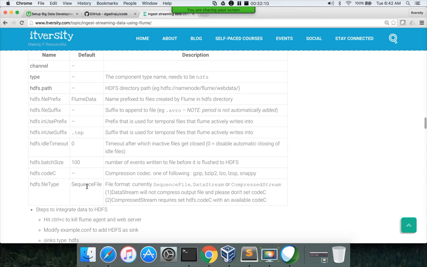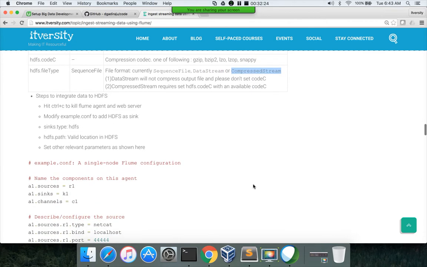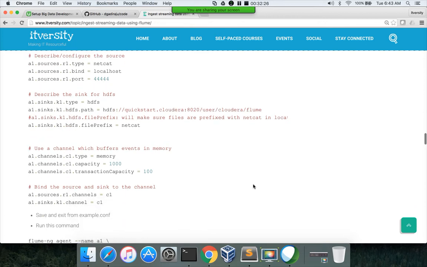File type, if it is sequence file, then the data will not be in readable format. If you want to store the data in a text file format, then you have to use data stream. If you want to compress the data, you can use compressed stream. So it's up to your choice how you want to configure the sink.